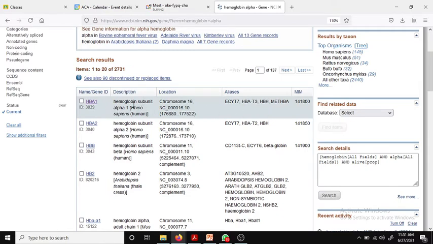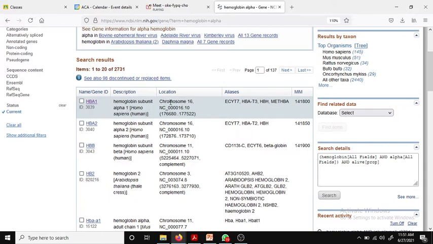And remember, we need to select it from the Homo sapiens species, right? We are doing this practical on just a single species, that is Homo sapiens. So just click on HBA1. This is the gene ID, HBA1. Description is hemoglobin subunit alpha 1.